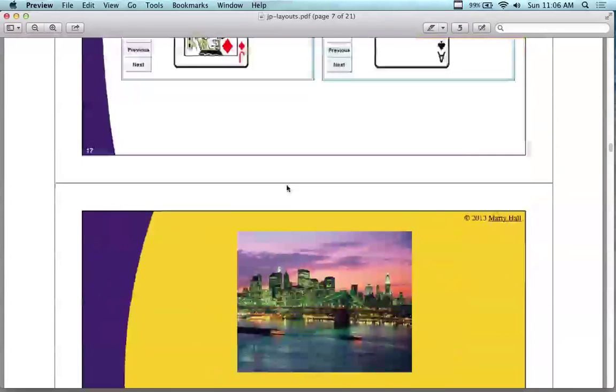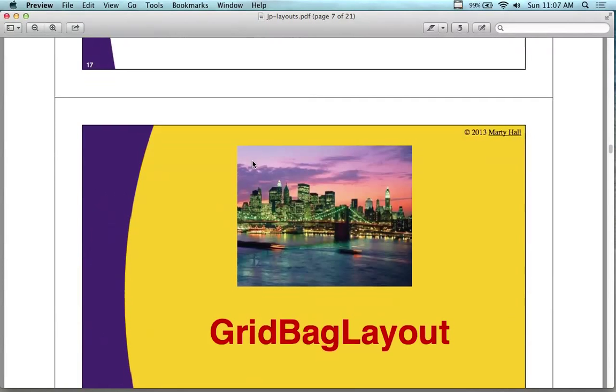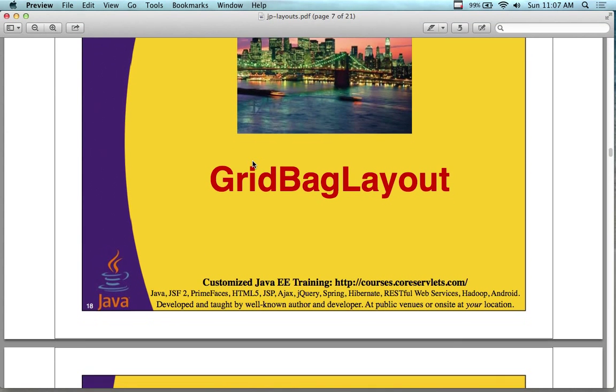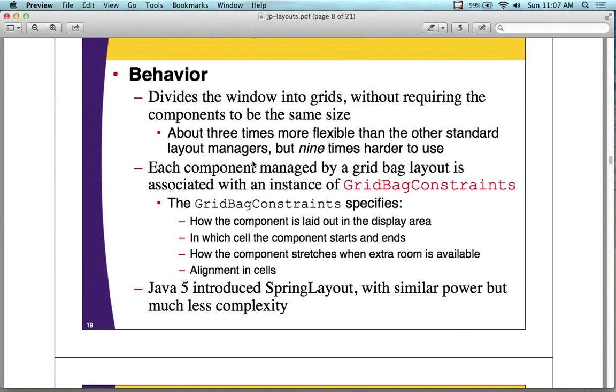So in the card layout, these are layered one on top of the other. We hide and show specifically for the layouts change with the selections. In the GridBagLayout, we have different size grids, different size cells. So it's about 3 times more flexible than the other standard layout managers, but 9 times harder to use, because then